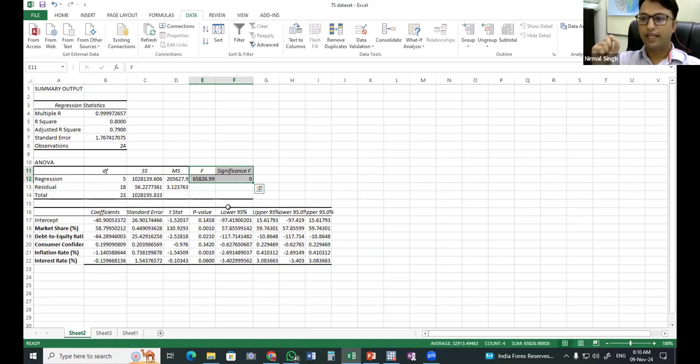Whatever independent variables we have taken to explain the valuation of the company, are they explaining the variation or not? If the F statistic is significant, meaning the P value, known as the significance value, is less than 0.01, then we can say that our statistical model is statistically significant. That means at least one particular independent variable is statistically significantly impacting the dependent variable, which is the valuation